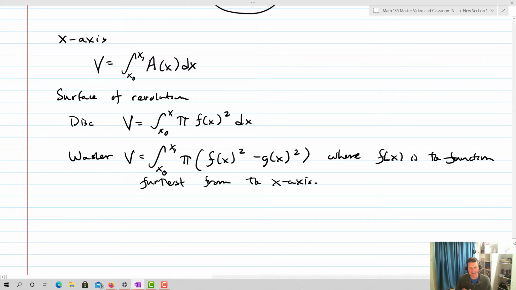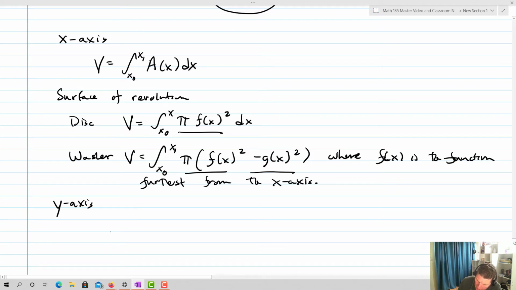Okay, and so that's basically it. Essentially, what we've got here is the subtraction of two circles. We have a circle right here, and we're stacking up those circles along an interval on the x-axis. Now, with regard to the y-axis,